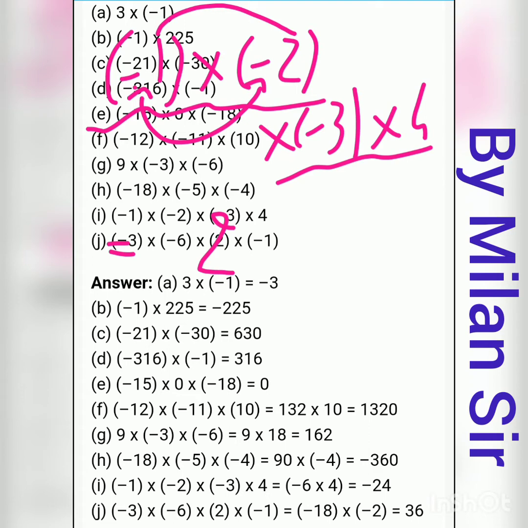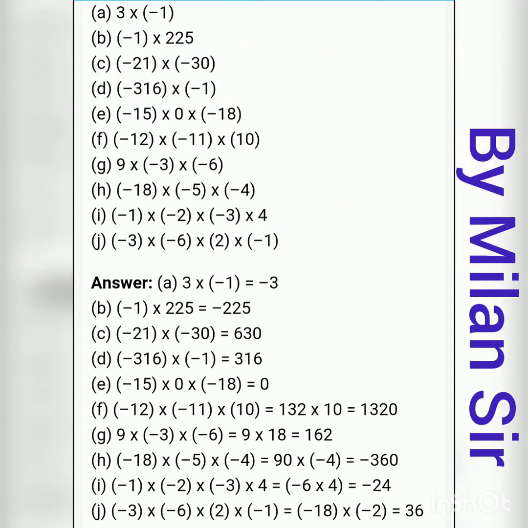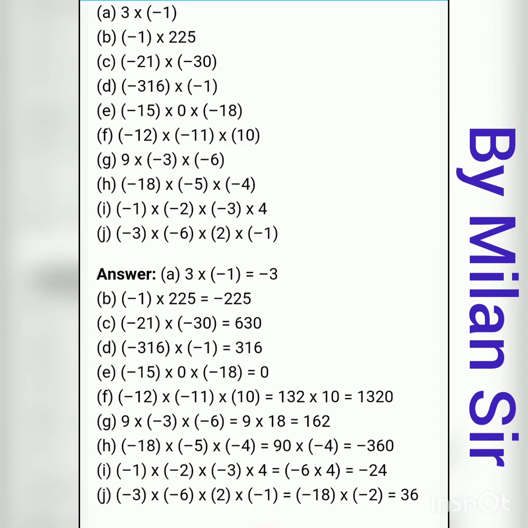Now the last two numbers. Here multiplication is there, so 4 3s are 12. First of all multiplication, 4 3s are 12. And 4 has a positive sign, 3 has a negative sign, so plus minus is minus. But in between we still have the multiplication process, because here all four numbers are in multiplication. Again I repeat this thing.